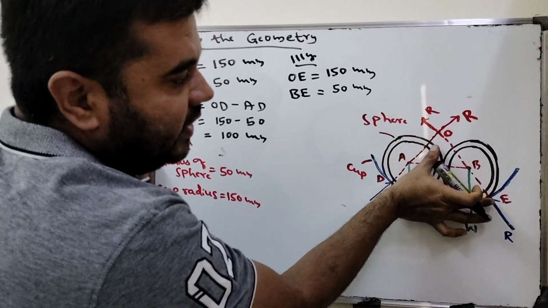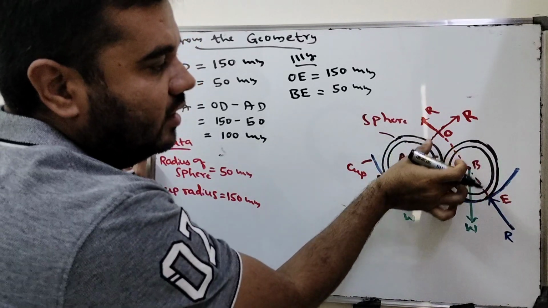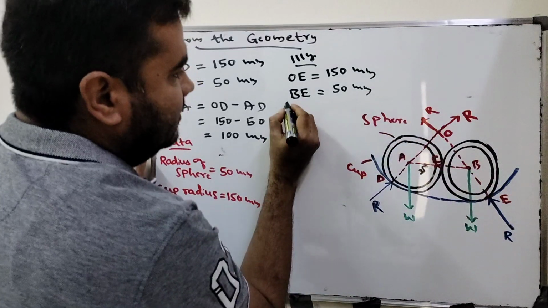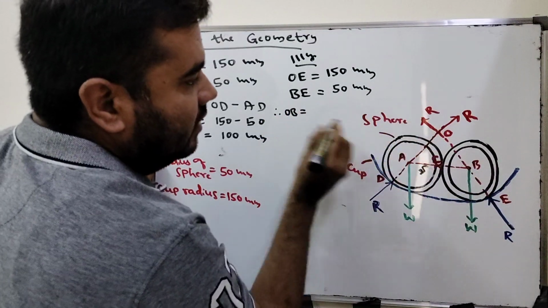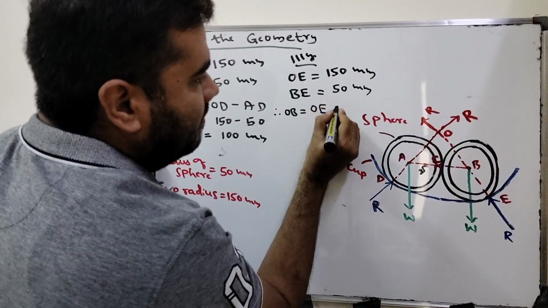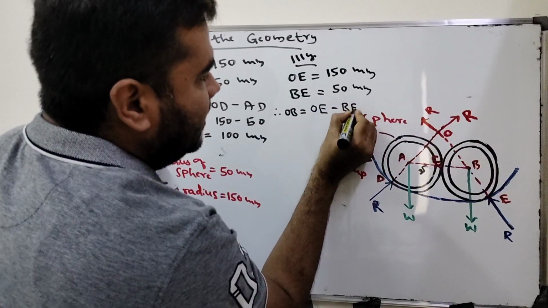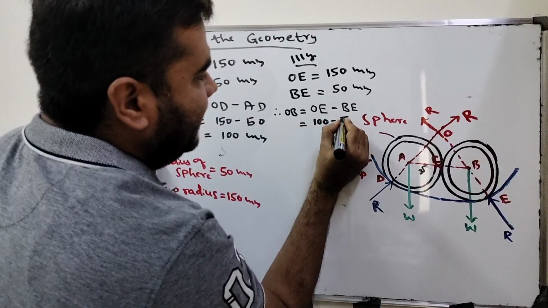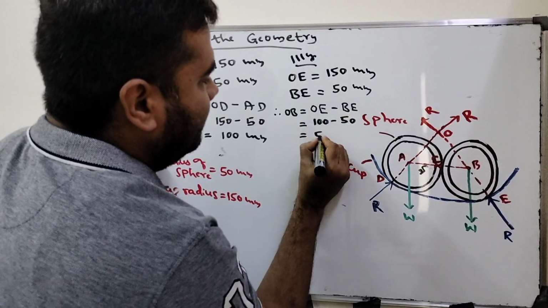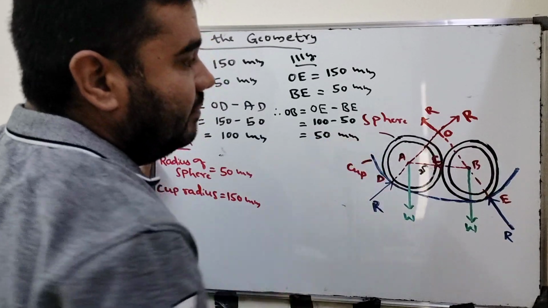OB is OE minus BE. Therefore, OB equals OE minus BE. Here also you will get the same. OE is 150 minus BE is 50, which will be equal to 100 mm. Okay. Remember,